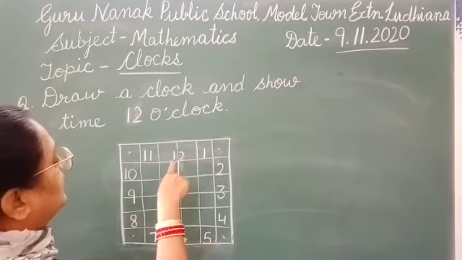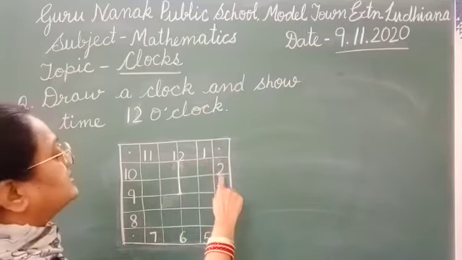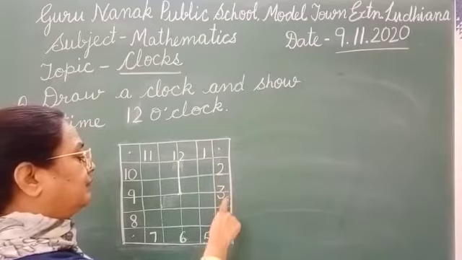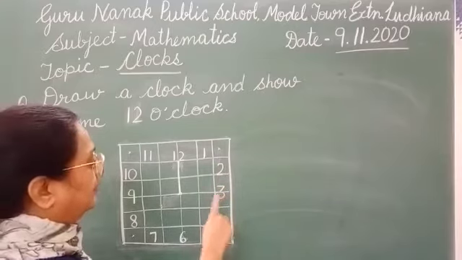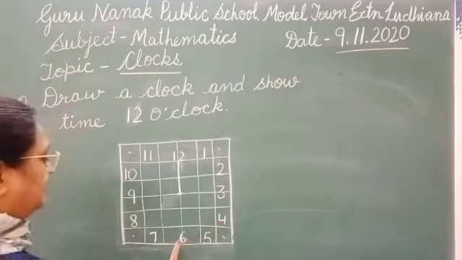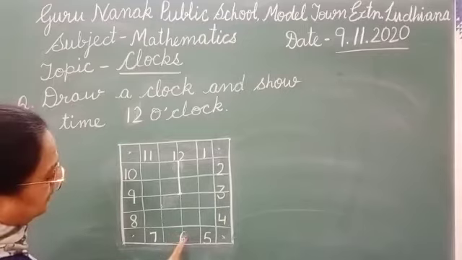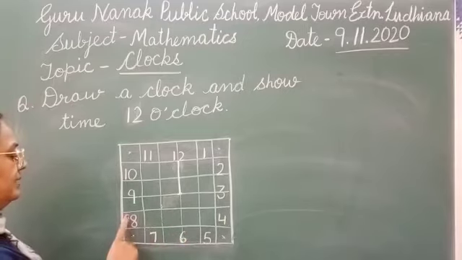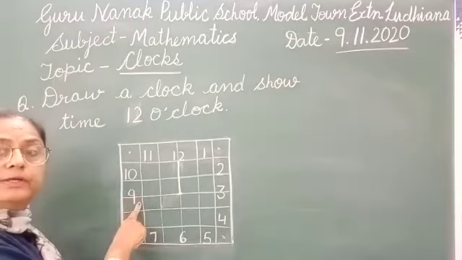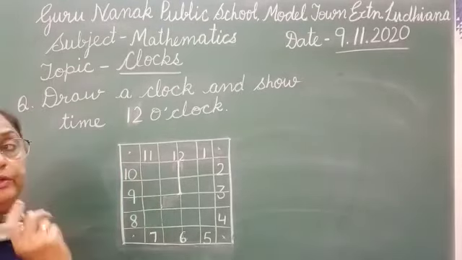Then put down the numbers as I have told you. By using 2 boxes, you will write 12, 1. Leave these corner boxes. Then 2, 3. Again 2 boxes, third and fourth. Half above, half below, half in third, half in fourth box, then 4, 5, 6 on the line. It will come in both the boxes, half in third, half in fourth, then 7, 8, 9 again on the line, half above, half below, using 2 boxes, third and fourth, 10, 11 and 12.